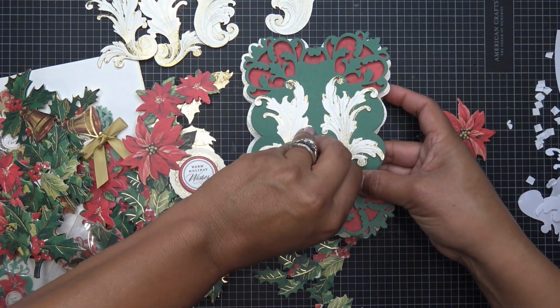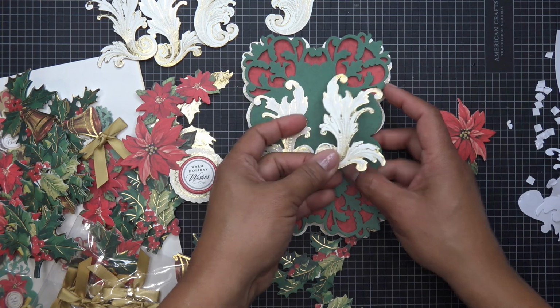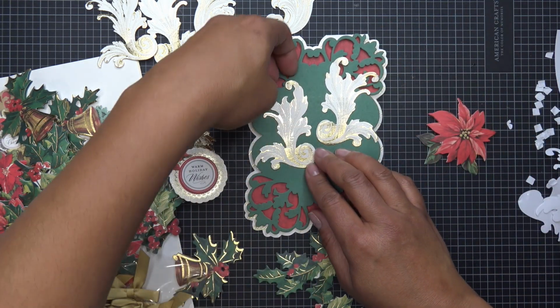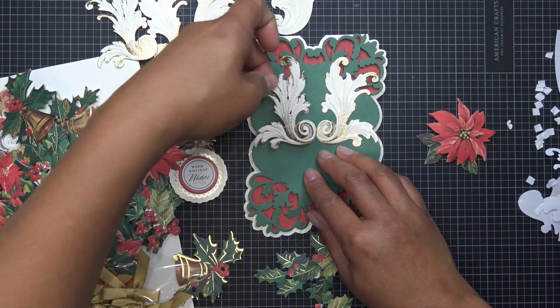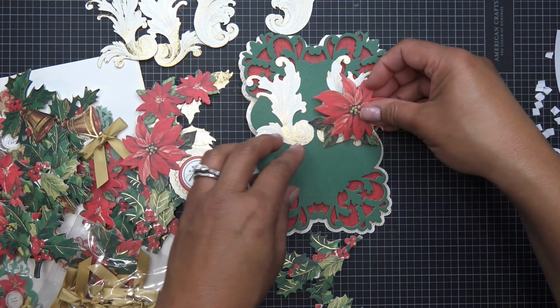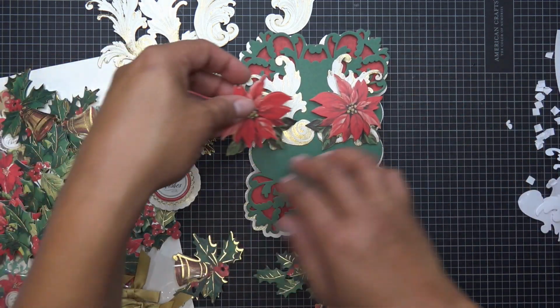You know, these stickers don't really stick too well until it's really stuck down. So I'm going to bring these guys up, and I think that'll be fine. Look how easy that was. Okay, there we go. And then if we have some of these flowers here,